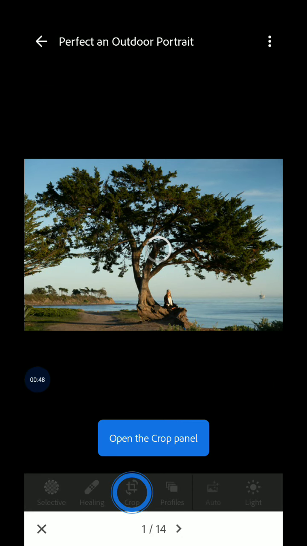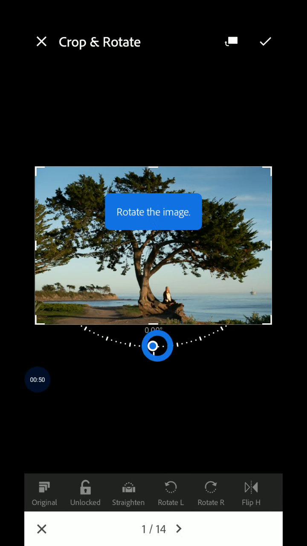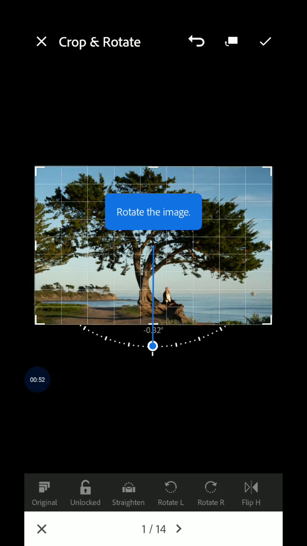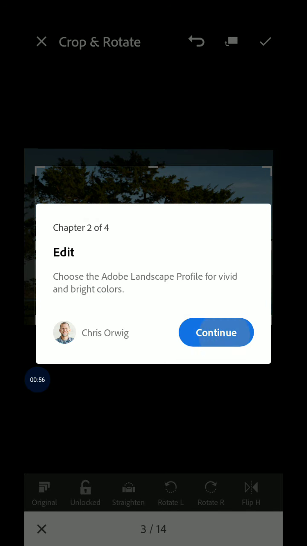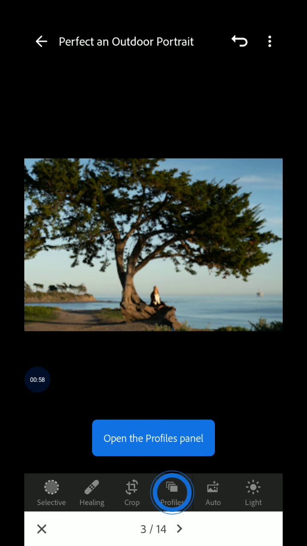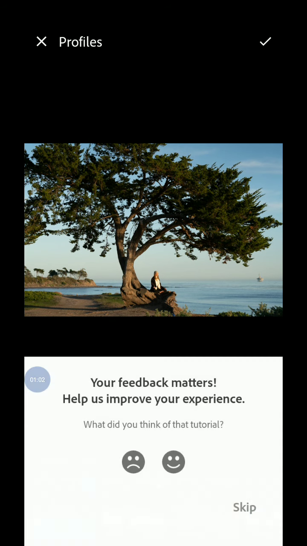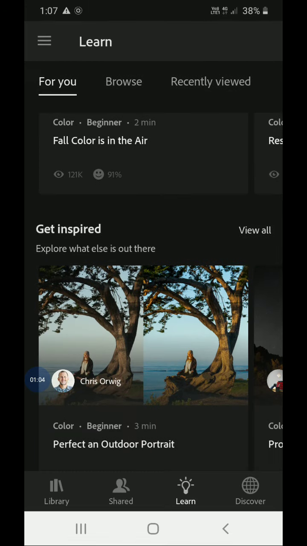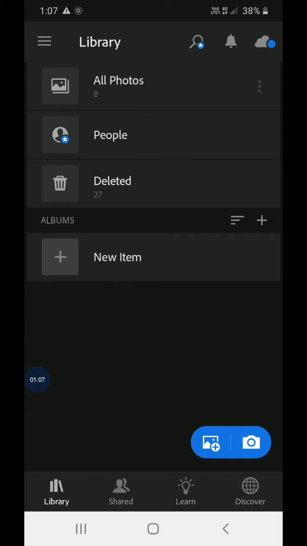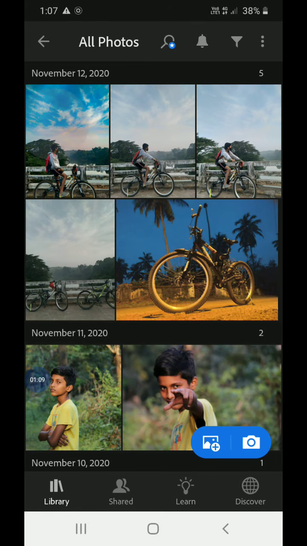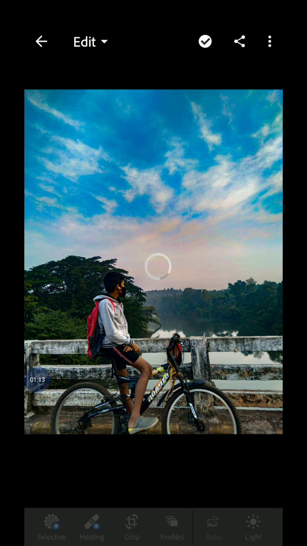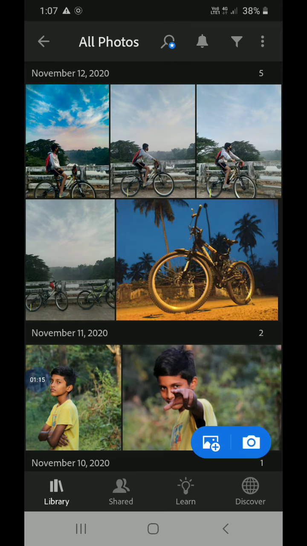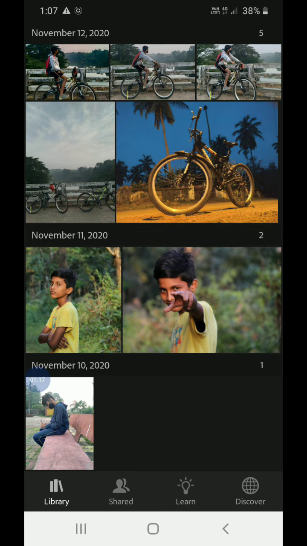First they will show you about the crop, and you can straighten it and all that, and you can make your own profiles. You'll get many videos like this, and you can learn how to edit. But I'm going to show you some of my edited pictures. So this is my edited picture, I edited it in this app, and the next one,